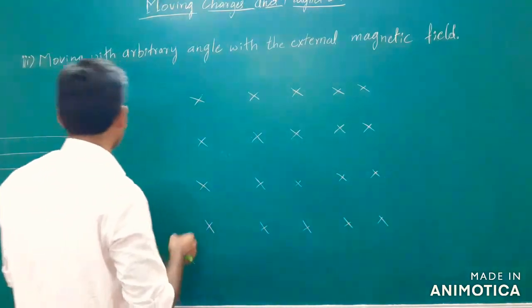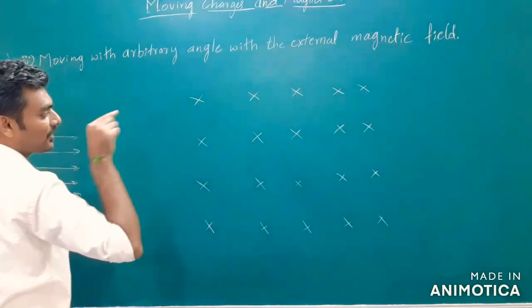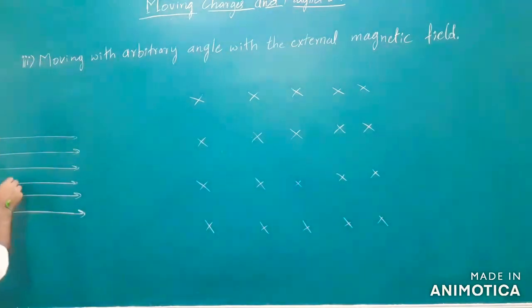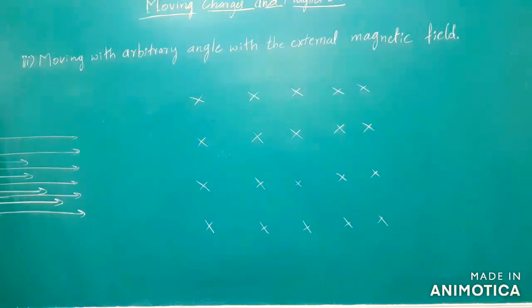The direction of velocity is difficult to represent here, so I'll take this approach. How do we keep the perpendicular one? Perpendicular motion is like this. This entire region is filled with the magnetic field. So when I throw it perpendicular, it will trace a circular path, like into the board. This is how it will trace the circular path.